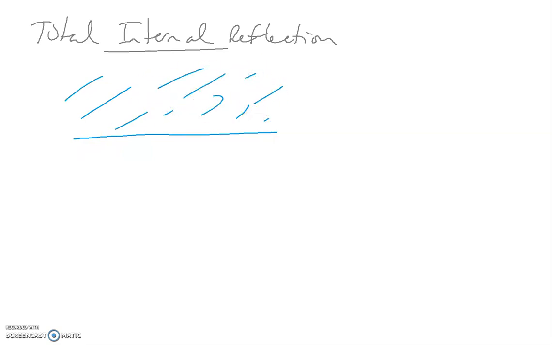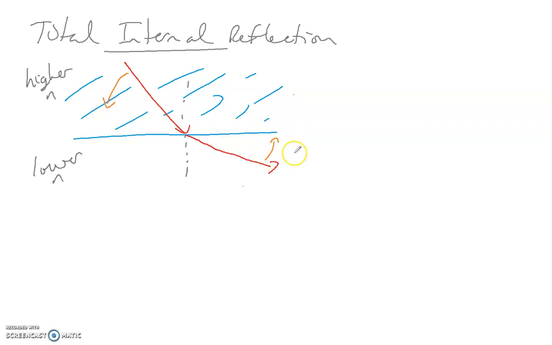All right, so we've got our beam coming in, something like this, and let's say it refracts. No big deal. So let's sort of lay things out a little bit though. This is a higher index and this is a lower index, could be air or something like that. And we'd have our angle something like this. Okay, now as I move this one down, this beam is going to move up, and this one here actually